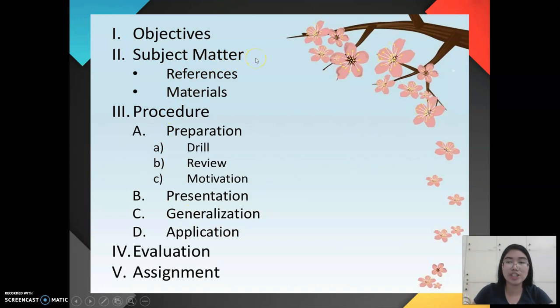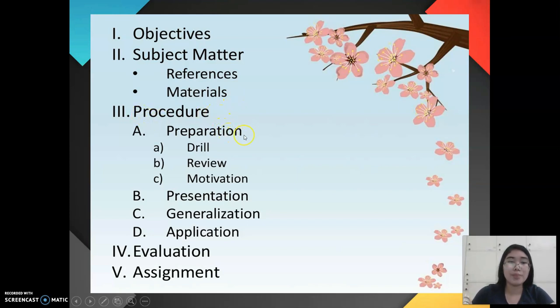And we also have another component of a lesson plan, the subject matter. This refers to the content, the lesson that you are going to teach. This includes references, the sources, the books, the modules that the lessons come from, as well as the instructional materials: educational videos, PowerPoint, books, pen, chart, pictures. So this includes these instructional materials. And of course,